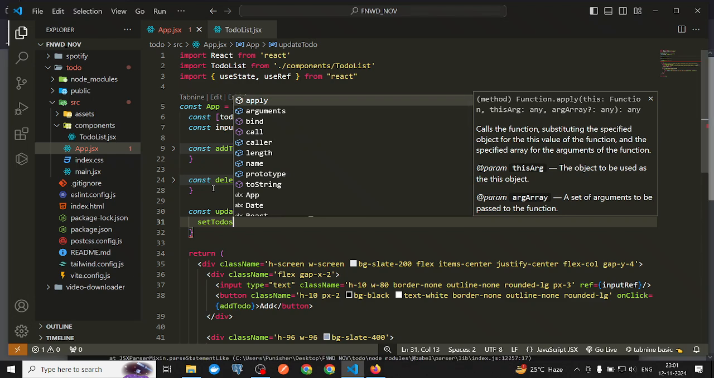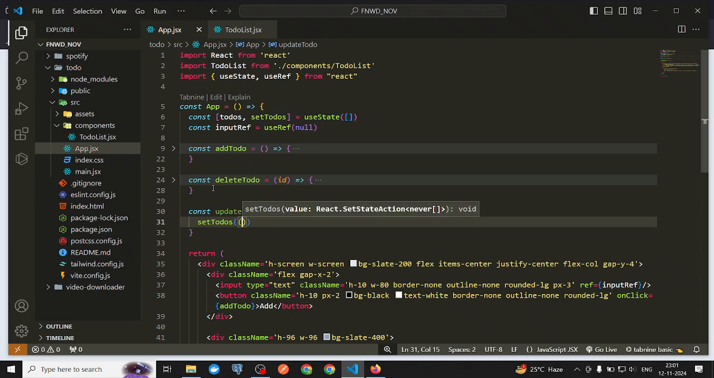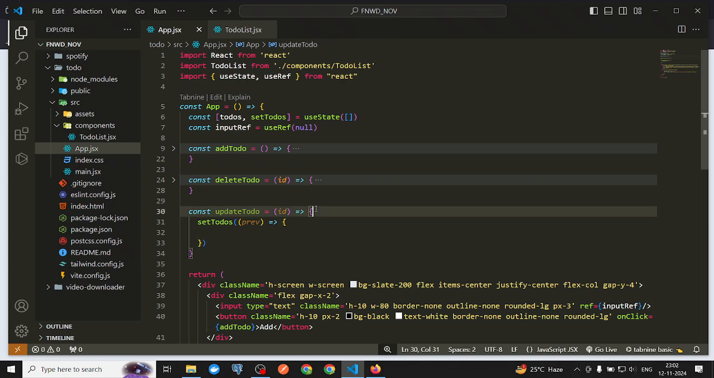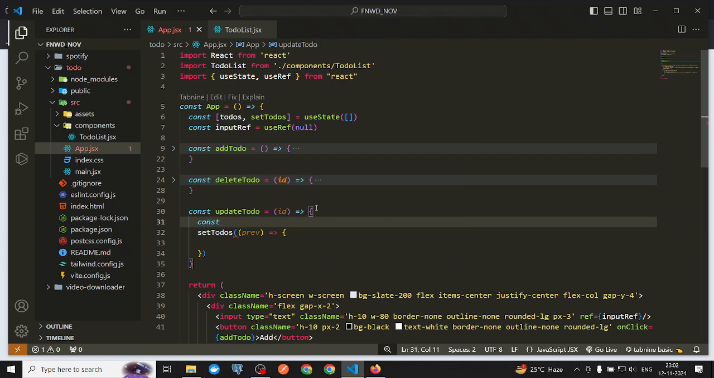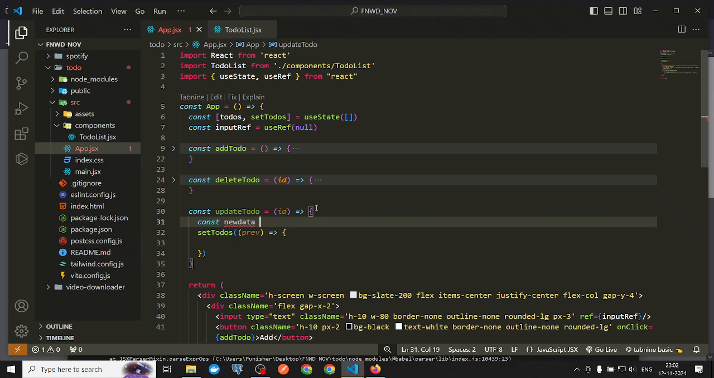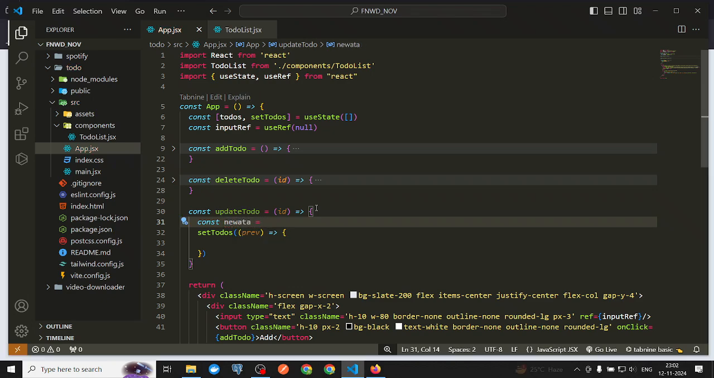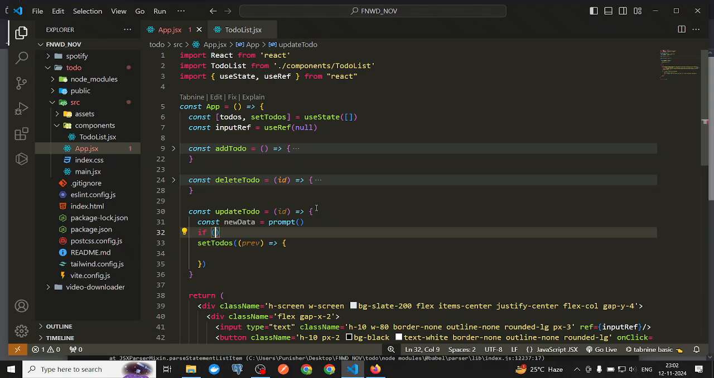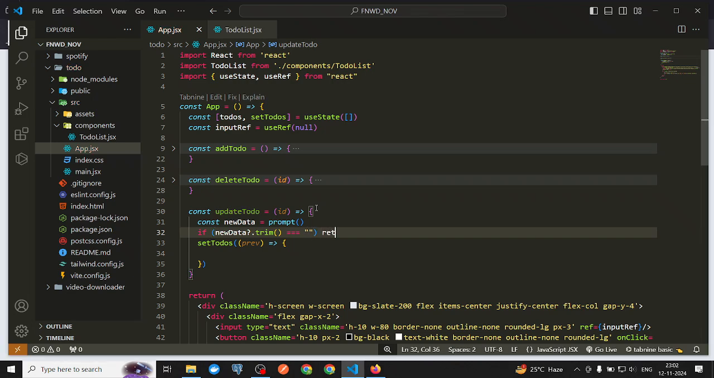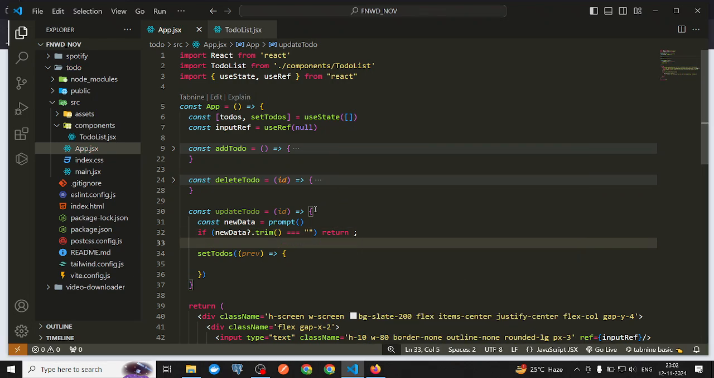After that I can get the previous values, right? And here, okay, just give me a second. First of all, I should take the new data, and I will use a prompt. New data, I will use a prompt, empty prompt, and I will check if newData.trim triple equals an empty string, in that situation it will return. Okay, otherwise